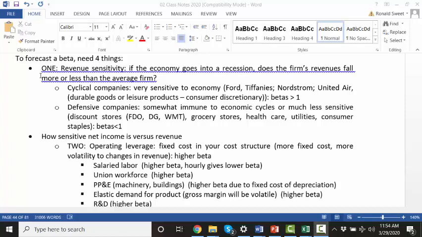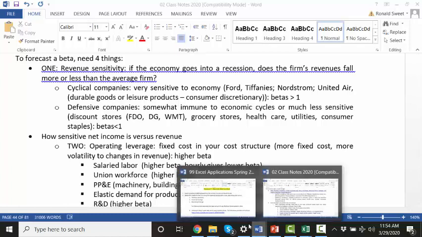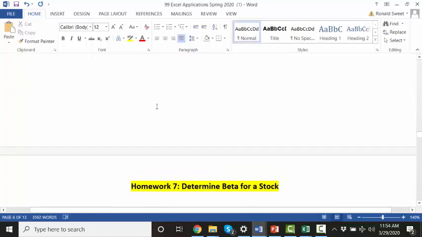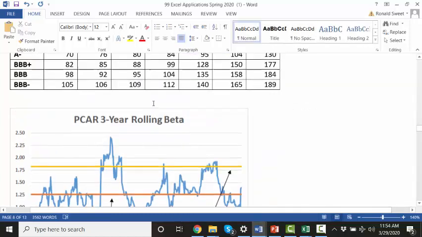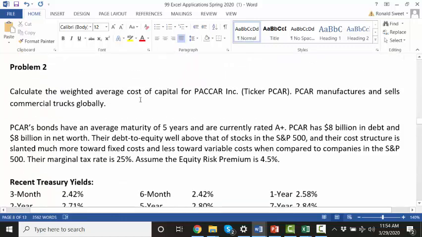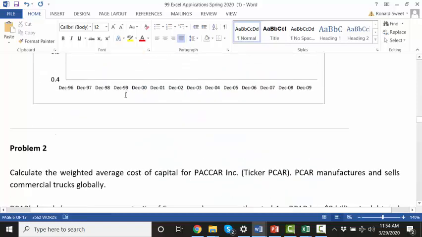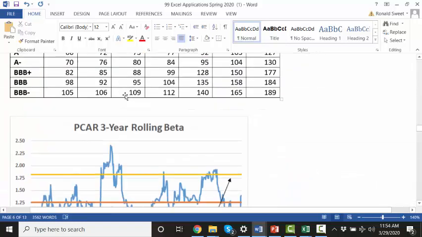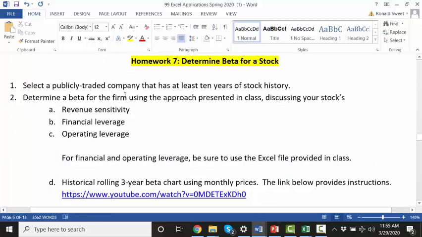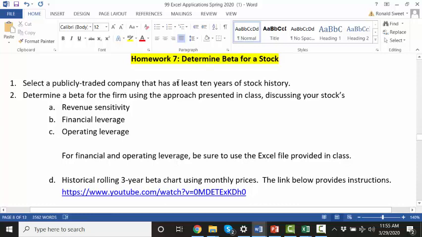Alright, in this session we're going to continue our discussion of beta. So we're going to walk through this session. What I want you to be aware of, there's two Excel applications, number 6 and number 7. Number 6, I give you everything you need, the historical beta, the revenue sensitivity, I give you everything you need in the problem. And then in Excel application 7, you're going to pick your own company, a company that has